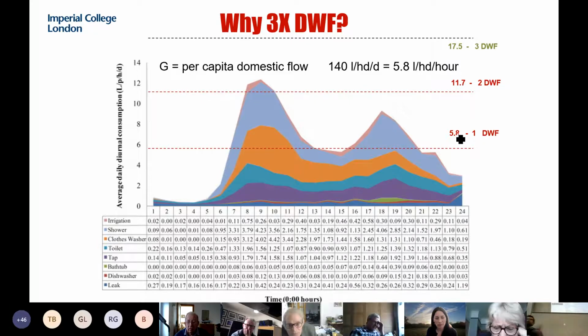So that doesn't happen. So that means that to account for the variation we get during the day, the plants should be allowing for more than 1 dry weather flow. So normally, if you had 1 dry weather flow, it means that your combined sewage overflows will leak for all these peaks above 1, right? If you go for 2 dry weather flow, there is still some, even with no rainfall, right?